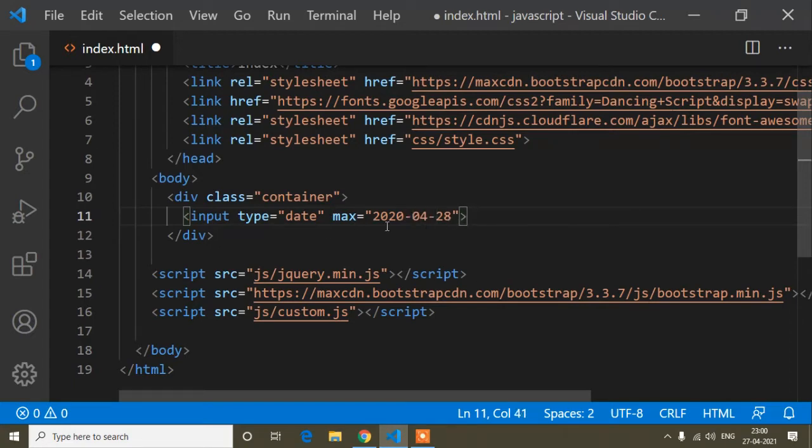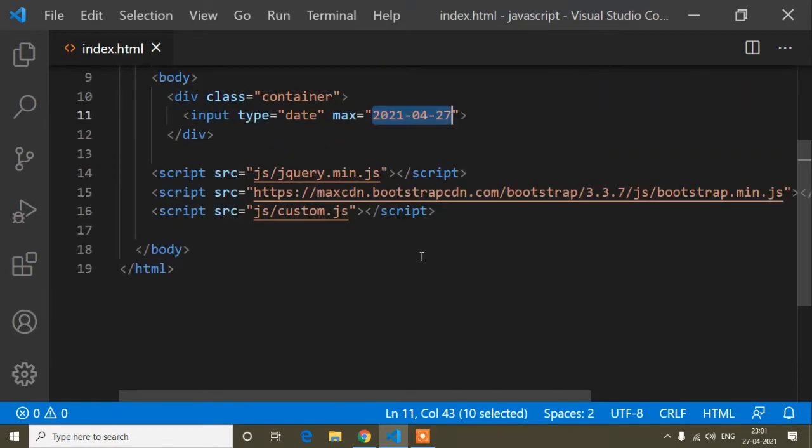So now the dynamic way: if I set today's date inside this max property, I can restrict to today's date. Otherwise it's static now, but I have to write it dynamically. That means guys, suppose today's date is 2021 April 27. If I write it the static way, tomorrow the date will be 28, but it's static, so I can select only 27 even when I go to tomorrow. So this way I have to write it dynamically, I mean I have to set the max attribute date here dynamically.